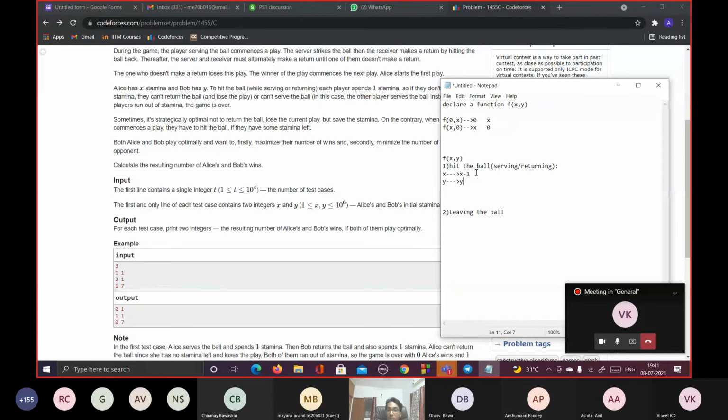If he hits the ball, it will go to the other side of the court, and again it becomes the choice of y comma x. Basically the function gets inverted, and for y's stamina, what would his decisions be? So it's kind of like a recursion, but not exactly.